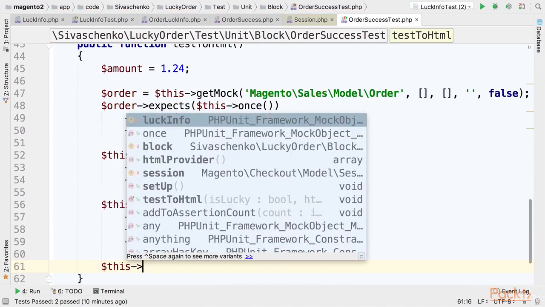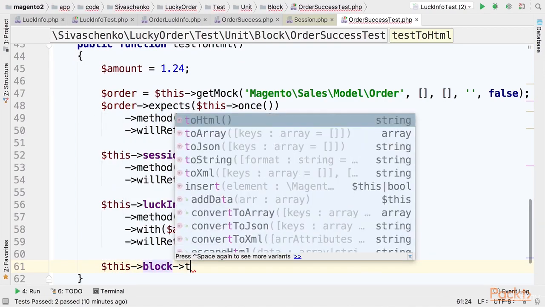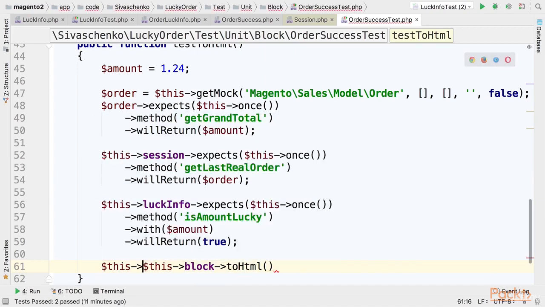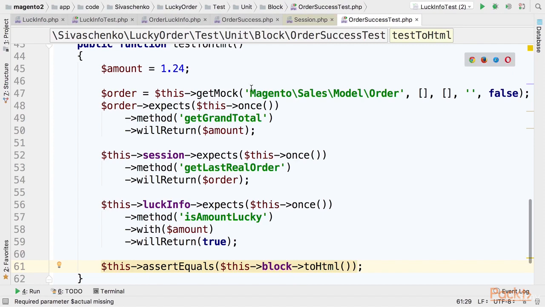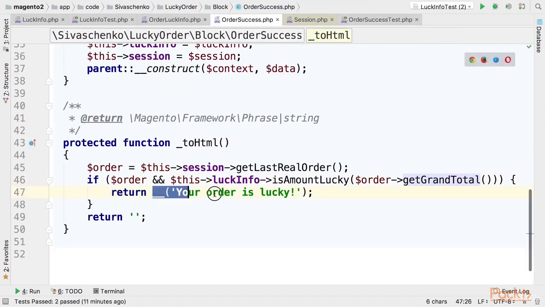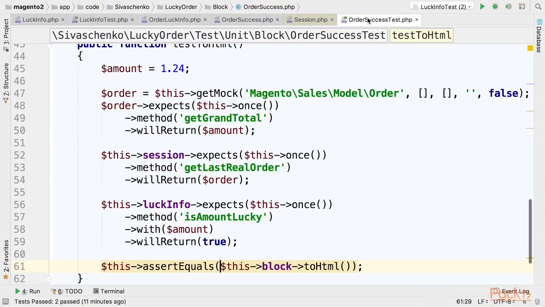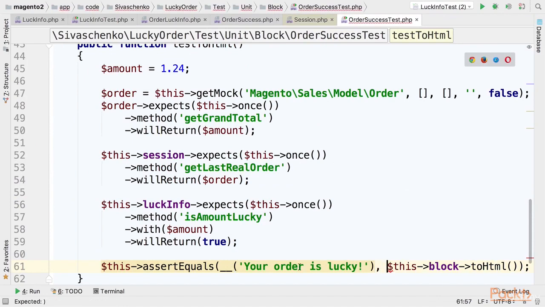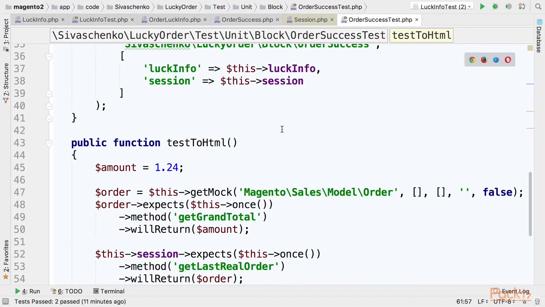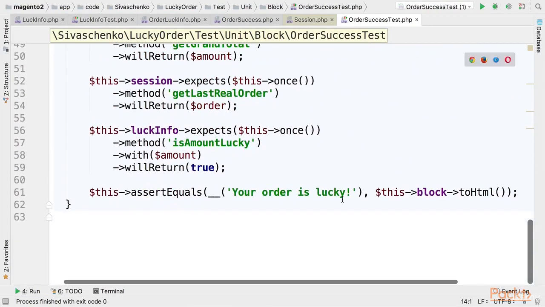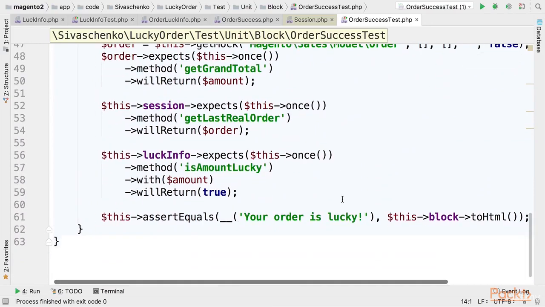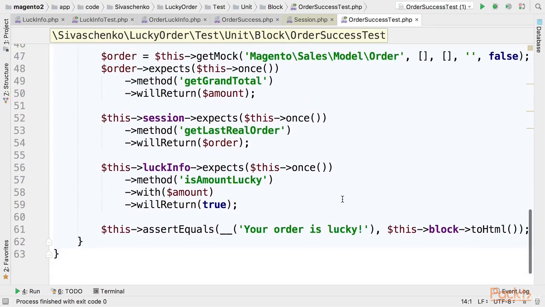Now we can test that our block's toHtml method will provide us with the result. Let's take a look: if LuckInfo returns true, we'll see the phrase "your order is lucky" as the output of the toHtml method. So we'll put it here. And now let's test our class. The test passes, but as for the previous class,